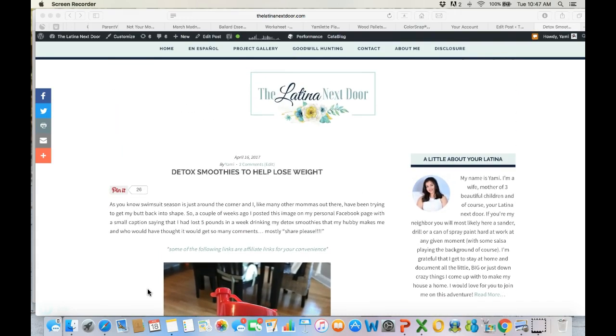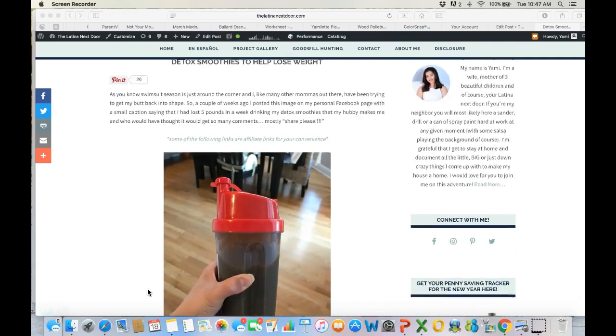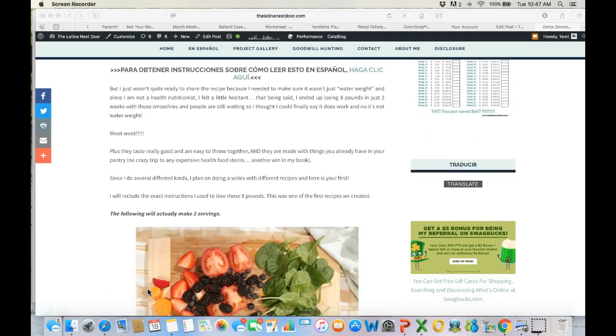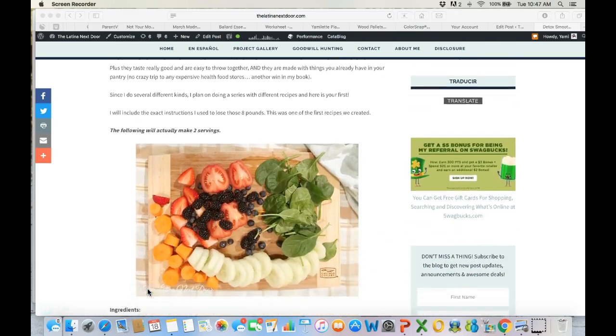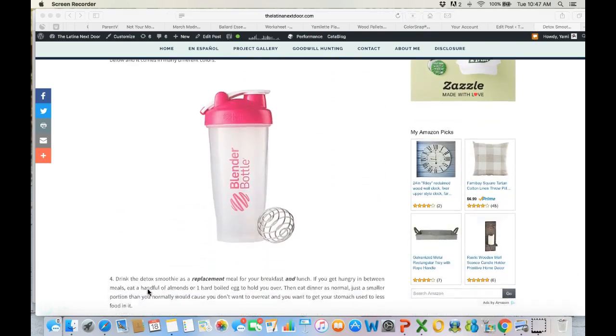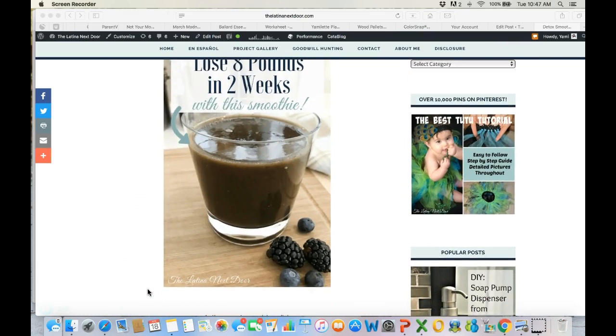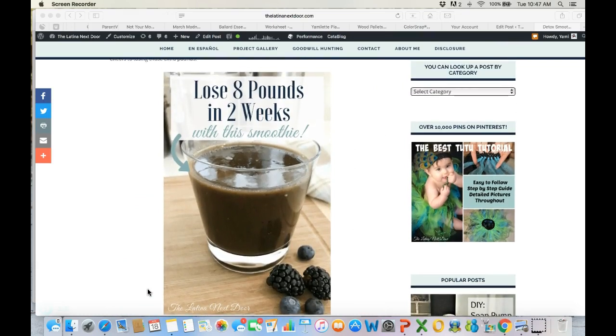So when you go onto Latina Next Door and you select this post, I always, even for my bosslatina.com website, like to add the pinnable image at the very end. That way people can pick it right off the blog post. However, I like to create more than one, again, for my A/B test, and also, I like to see what images work better. So when people actually go here to share on their social media,